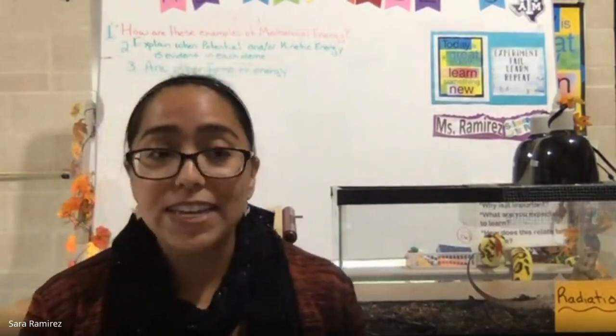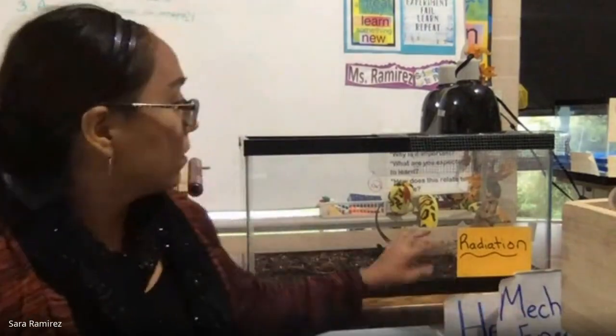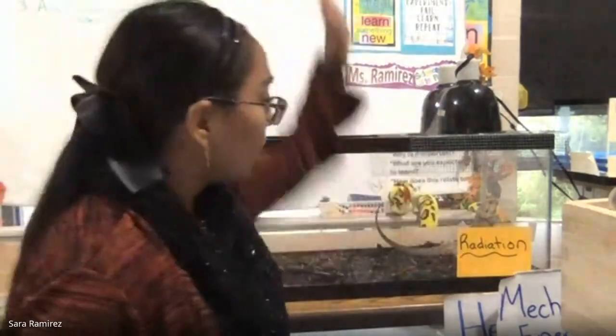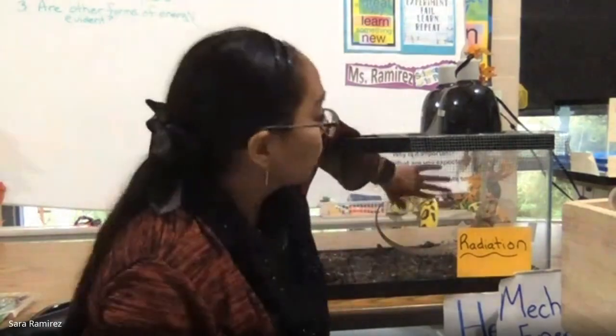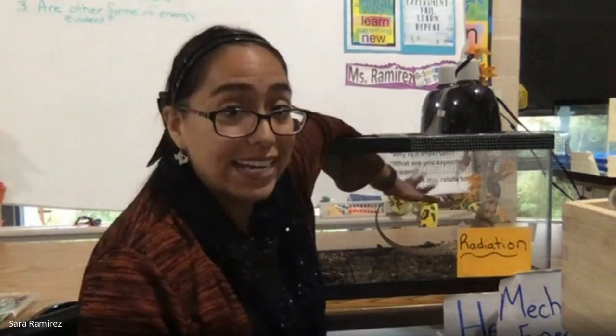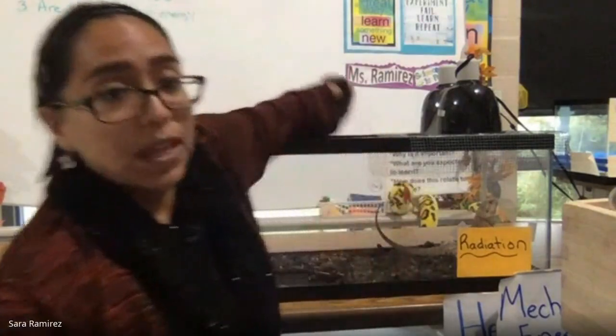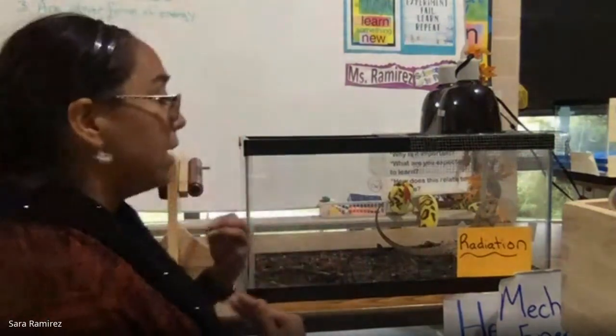Another example of heat transfer is through radiation, and we have an example over here. Now, the most common example of radiation is when we feel the heat energy from our sun. So another example that we have here at the Environmental Center are these heat lamps. I can stick my hand underneath the heat lamp and I can feel the heat. I'm not actually touching the heat lamp itself, but through the process of radiation, I can feel that heat radiating from the heat lamp. And that's very important because a lot of our animals, our cold-blooded animals especially, depend on